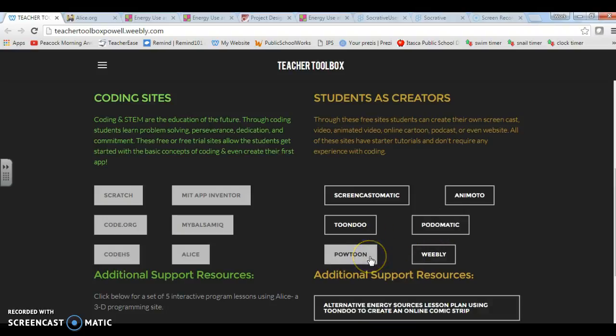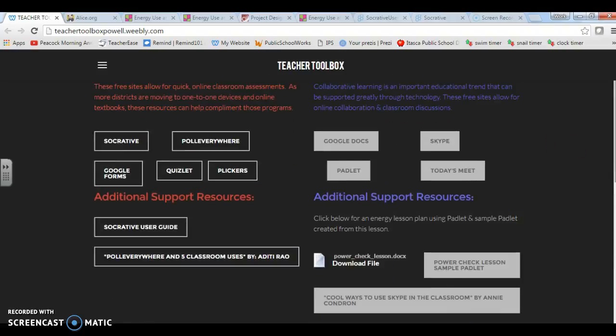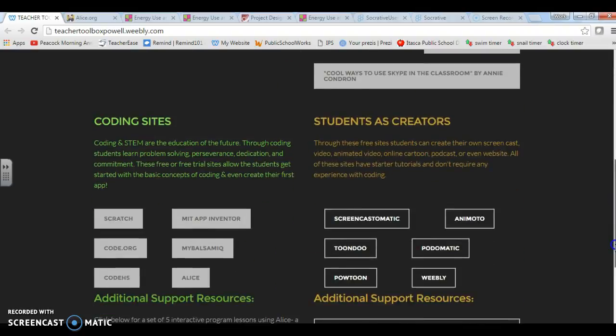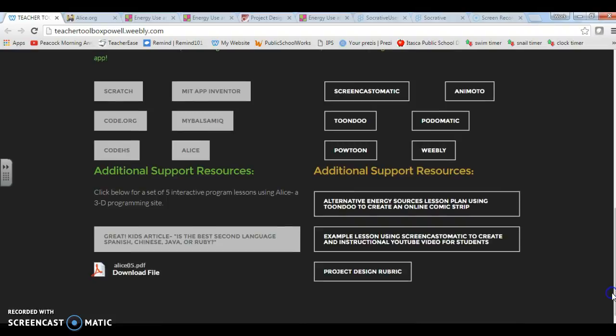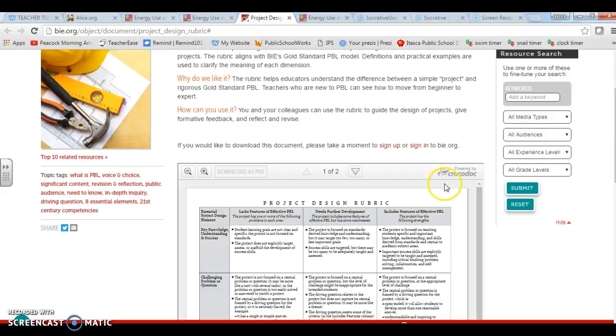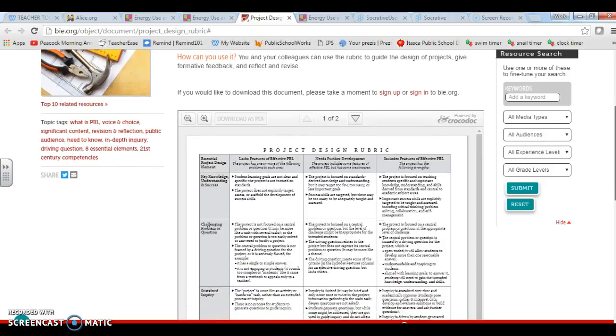Podomatic creates a podcast, creating another animated video here, and Weebly, this website that my Teacher Toolbox is on, as well as my classroom website. And lastly, down here, Project Design Rubric. This is a great resource on helping you design a rubric to grade some of these projects